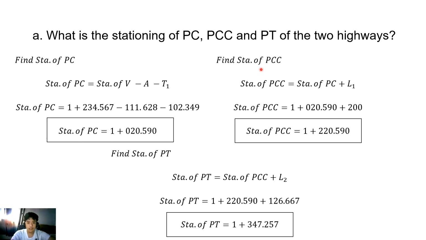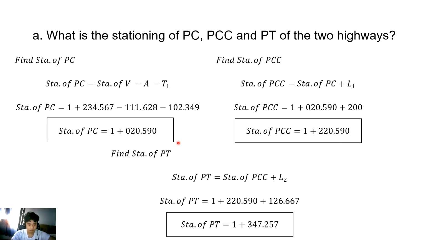Para naman sa PCC, ang gagamitin natin formula, station of PC plus L1. So, alam naman na natin ang station of PC natin, kakakuha lang natin. So, substitute lang. 1 plus 020.590 plus 200, yun nakuha natin L1. And we'll get 1 plus